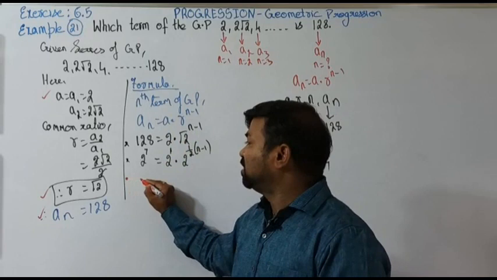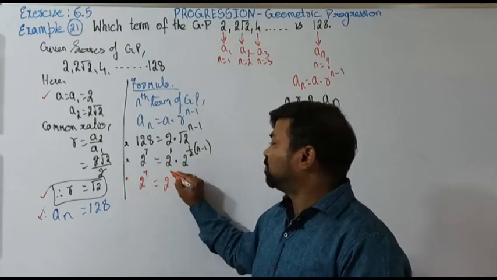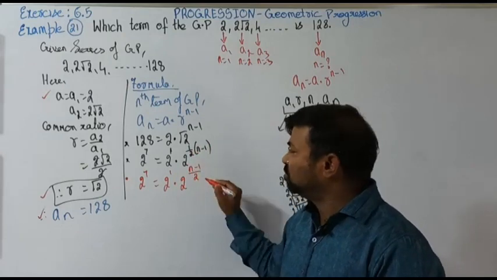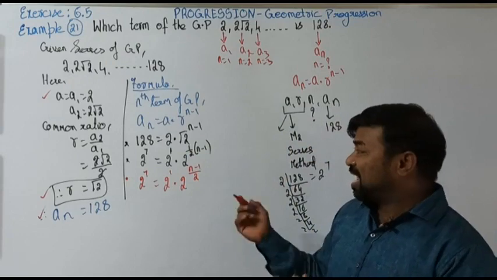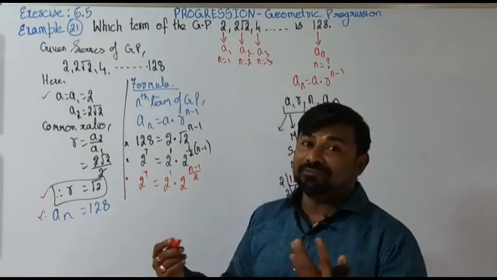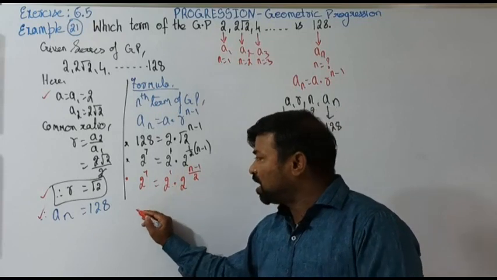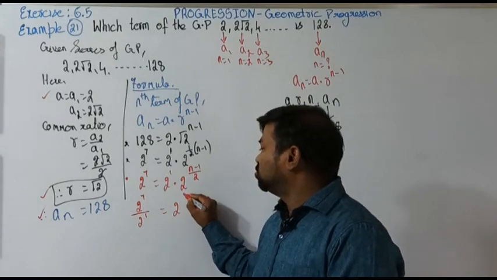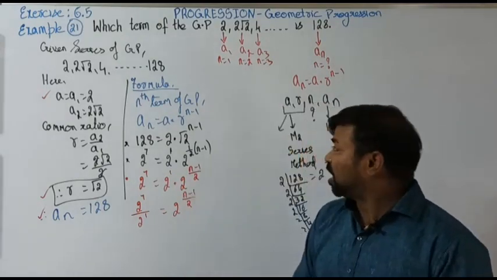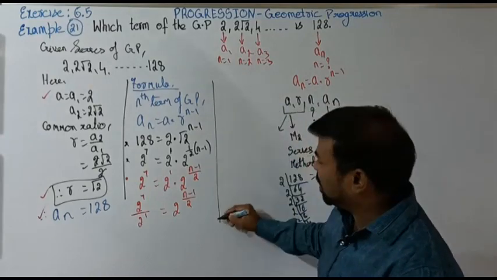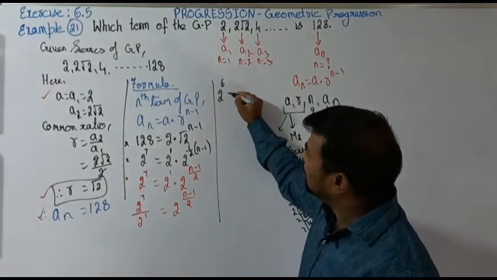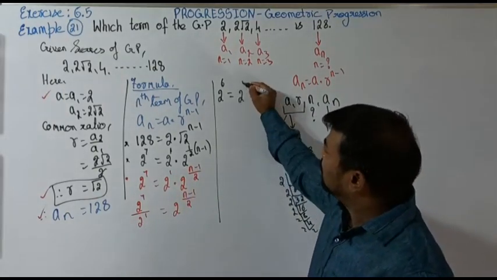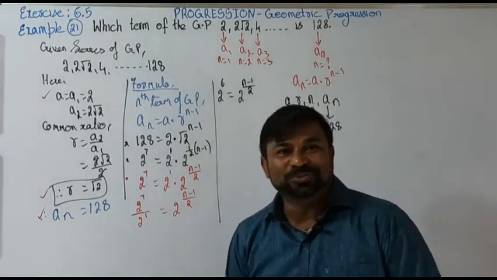Now let's simplify that. So 2 to the power 7 is equal to 2 to the power 1 into 2 to the power, shall I write it as n minus 1 by 2? Yes, yes. Now I will do a tricky thing. This 2 to the power 1 I will send to the other side. 2 to the power 7 by 2 to the power 1 is equal to 2 to the power n minus 1 by 2. Okay, now if you go for the next steps, shall I write it as 2 to the power 6 here? Why? Because if it goes to the top, 7 minus 1, it's 6. Now 2 to the power n minus 1 by 2.